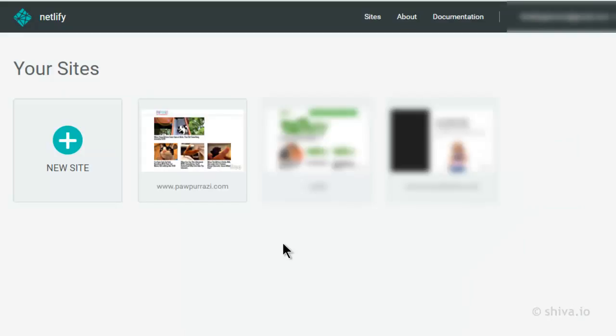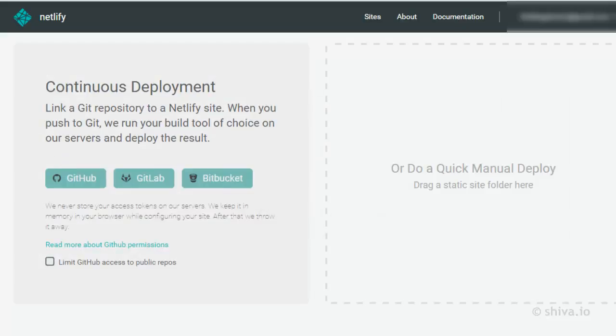So once you're logged in to your Netlify account, you'll be taken to your sites, app.netlify.com, which will have a list of all the sites that you have created. Click the new site button, and then this will bring you to the screen where you can connect your site's assets hosted on any of these various platforms. Since your site assets are hosted on github.com, we'll need to link Netlify to GitHub. Click this link,